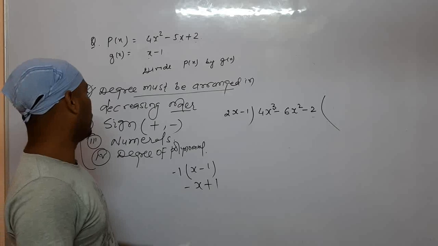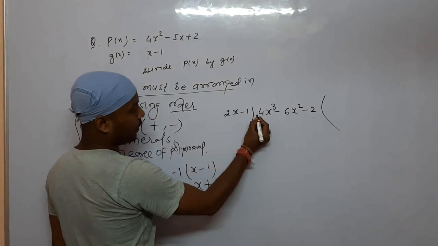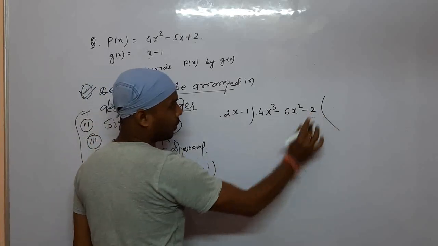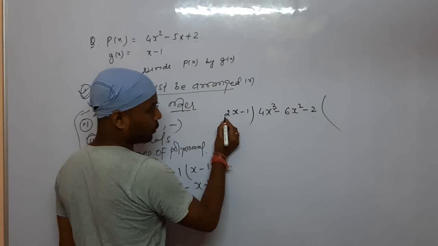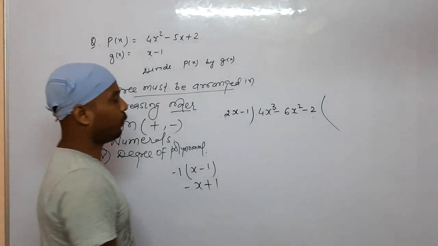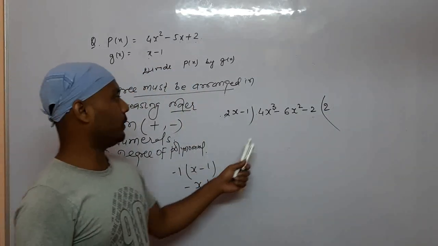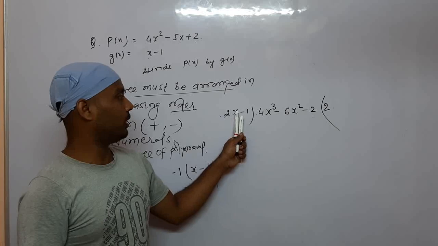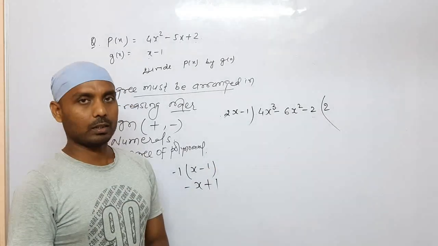Second, you have to think about the sign. What is the sign here? Positive. Positive. Here you will also get positive. Okay. The numbers are 4 and here is your 2. So 2 into 2 you will get 4, so just write 2 over here. The degree of the polynomial is 3, and the degree of x here is 1. So how much degree can make it 3?